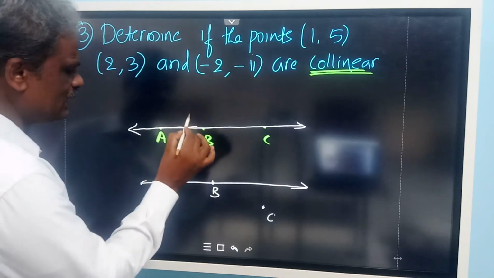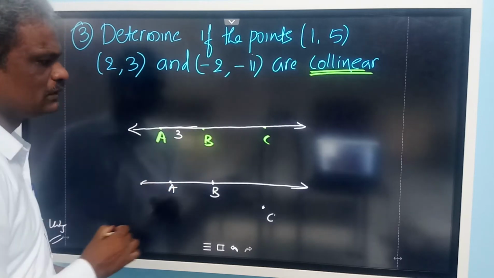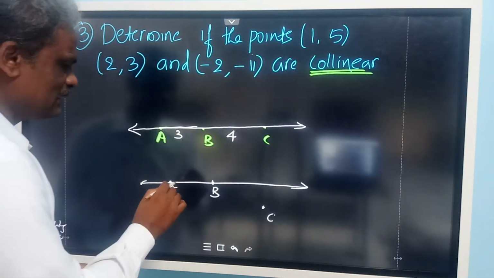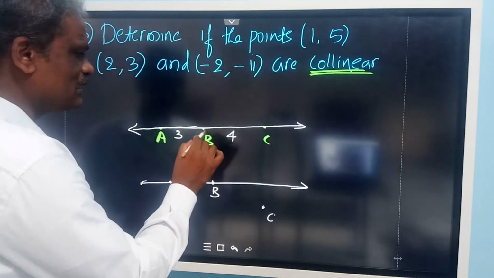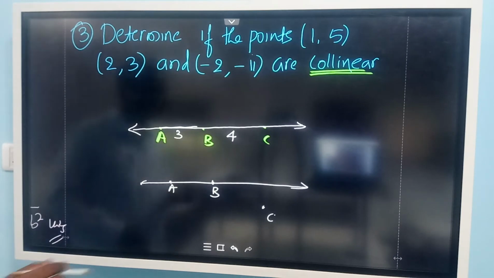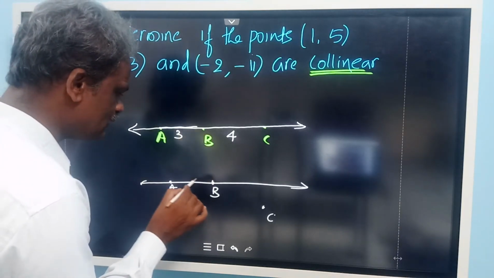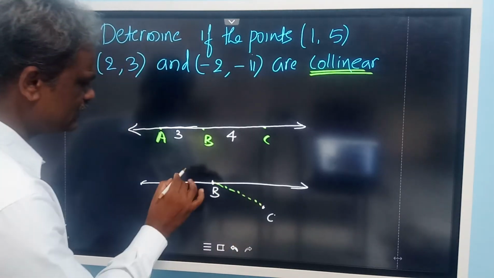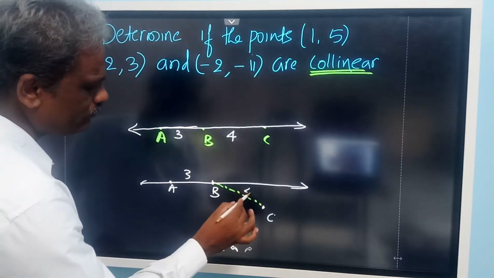To show the distance formula, look at this. Suppose here it is 3 cm and this is 4 cm. Now I will take the distance between A and B as 3, and the distance between B and C as 4. So now what I will do here also, I will take a dot, another color line, look at this: this is 3 and this is 4.